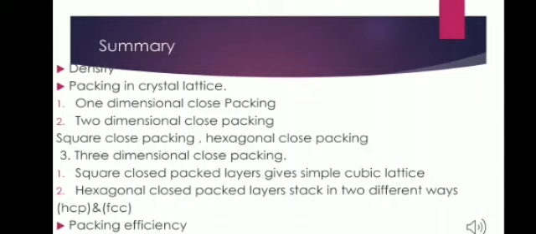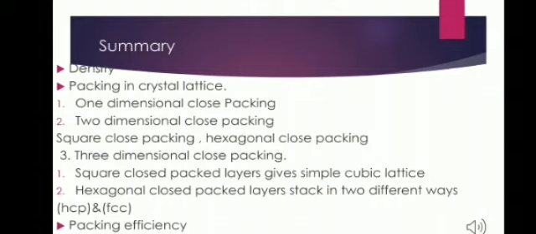Stacking of square close packed layers to form a simple cubic primitive type AAA. And the second is the stacking of two hexagonal close packed layers to form ABAB type. Here we have also learned the types of voids, that is the tetrahedral and the octahedral voids. Here one thing is important, we have learned how to calculate the number of tetrahedral and octahedral voids. If there are n number of atoms, then number of tetrahedral voids will be 2n. And that of the octahedral voids will be n.